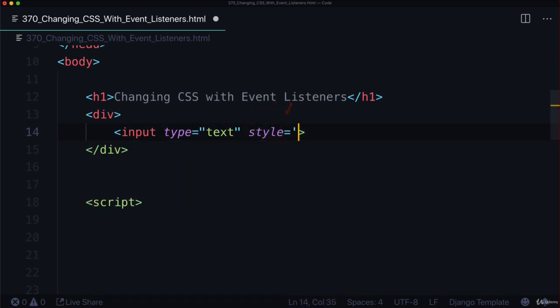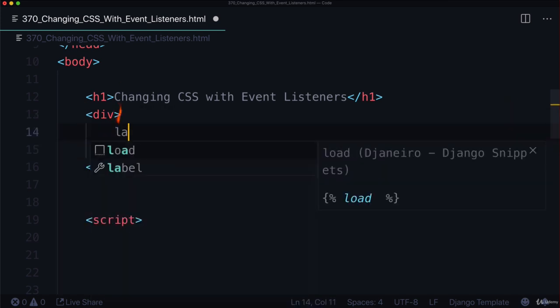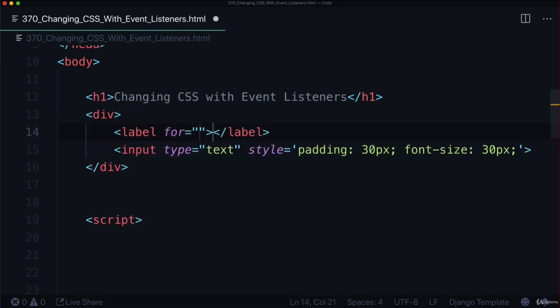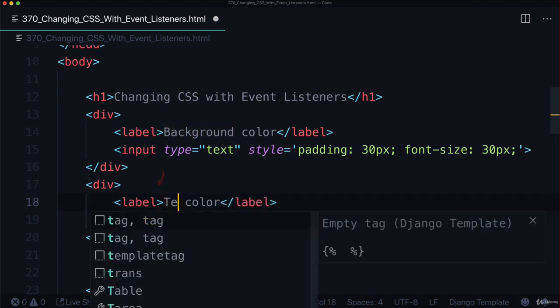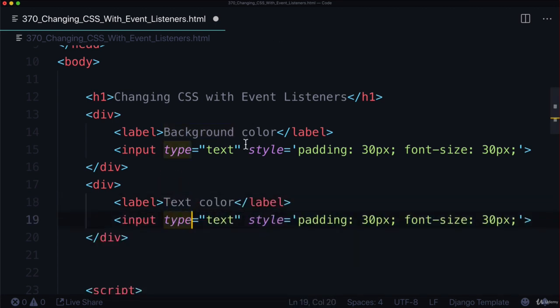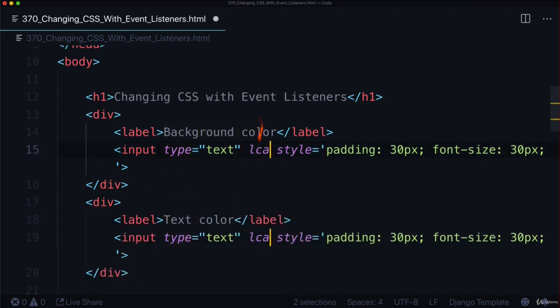And I'm going to style this so it has some sort of styling in it. Let's do padding 30 pixels and also font size 30 pixels. Let's make it big. And we need a label in here. Background color, and let's go ahead and duplicate this. Call this one text color, same thing, and then let's add a class in both of these. Class is equal to